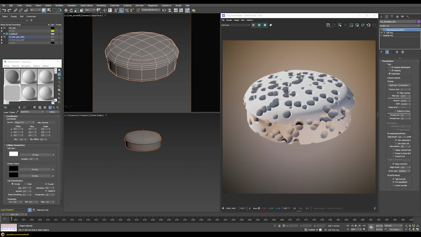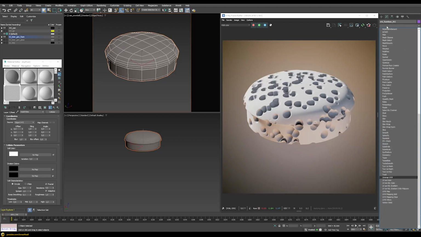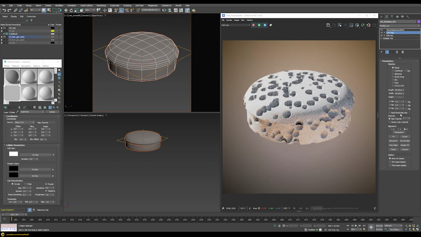So now I only want to have the holes here at the top of our model and then a little bit at the bottom. And I don't really necessarily want to have them here on the side. So for this, we need to add a UV map because we have to add a mask. So let me just add this UVW map. Then we can just switch this here to this Y mapping type, and then also fit the map here to our model. Like this, now we can easily add a gradient ramp to mask these holes,